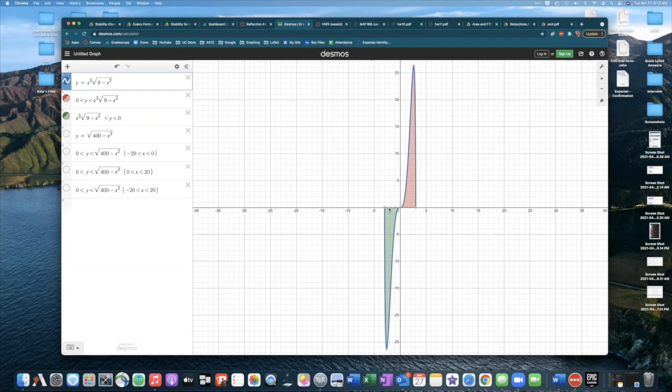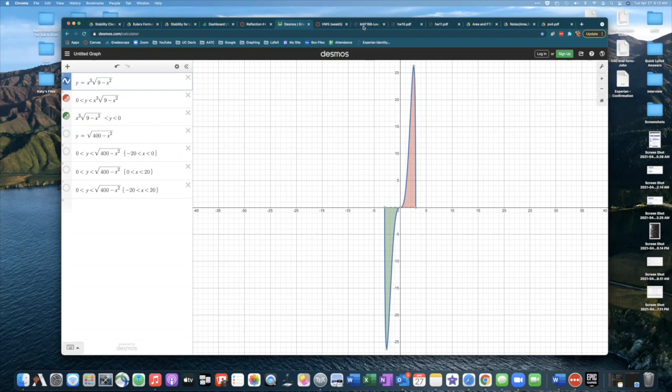But that area in green is totally the integral from negative 3 to 0 of this function. So we can say right off the bat, the integral from negative 3 to 0 of the same function has to be negative 162 divided by 5. Another way you can think of it, which we'll actually see in this next part here, I'm going to stop sharing for a second,